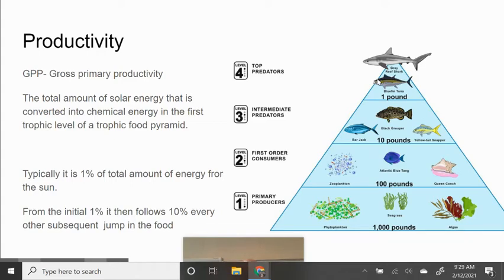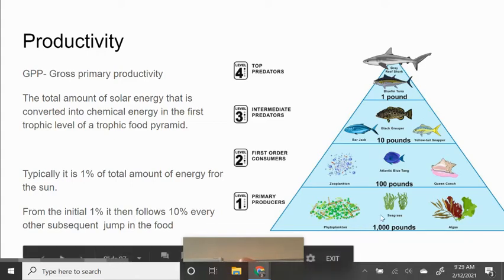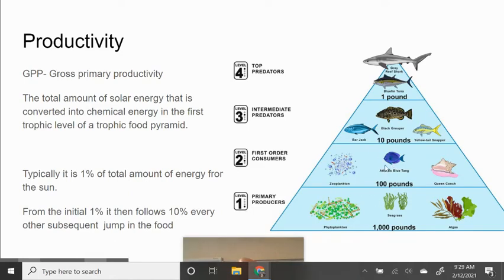A review of some vocabulary. These are producers, primary producers. First order consumers, also known as primary consumers. Secondary consumers, tertiary consumers. You could use every single term to try to describe these. Another thing is that typically people don't feed past the fourth or fifth trophic level. Well, I wouldn't say organisms don't do this, but I would say people. It's not necessarily healthy to eat all the way at the top of the food chain, and let me explain